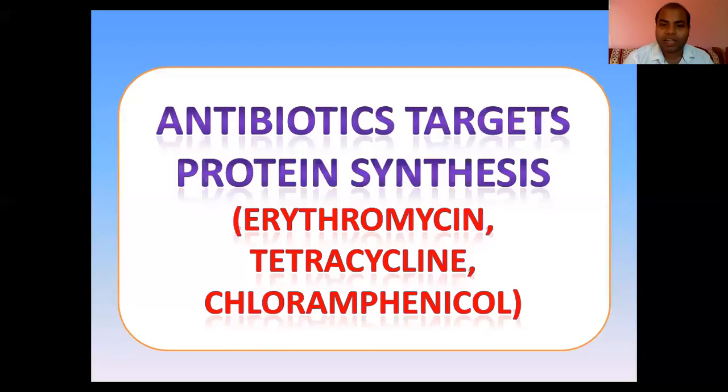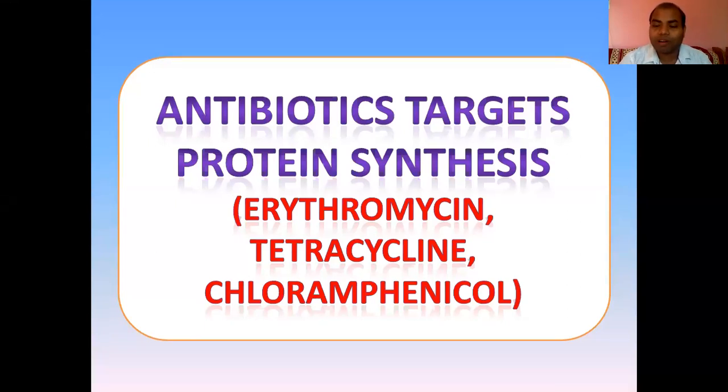So let's start today's topic, the antibiotics that target protein synthesis. Under this class, we are going to study erythromycin, tetracycline, and chloramphenicol. We are going to see the general introduction about the drugs along with their mechanism of action. We'll see the structure, but the structure is not in your syllabus, but still we are going to focus on how they look. The structure represents their bacterial activity. Along with that, we are going to cover the brand name, general dosage form, along with their uses and properties.